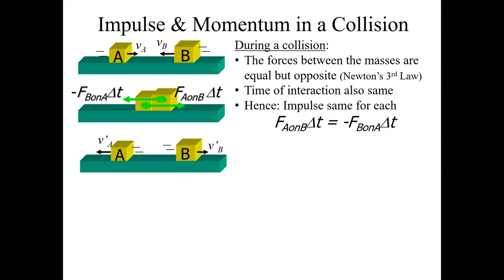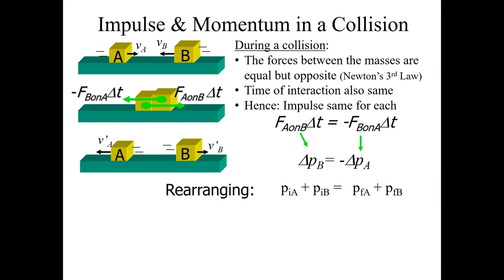This means that the impulse in this case is going to be the same magnitude in opposite direction. So anytime we have a collision, we know that the impulse of block A is equal to negative the impulse of block B, which is pretty cool. This also tells us that the change in momentum for block B is equal to negative the change in momentum for block A. If we wanted to rearrange that, the change of momentum for block B is PBF minus PBI,